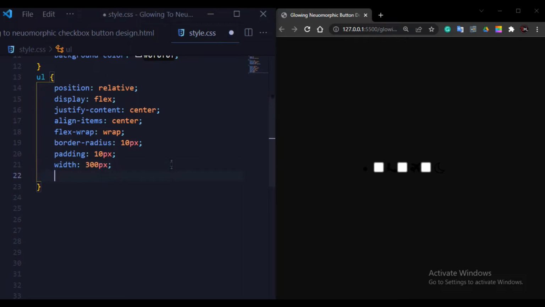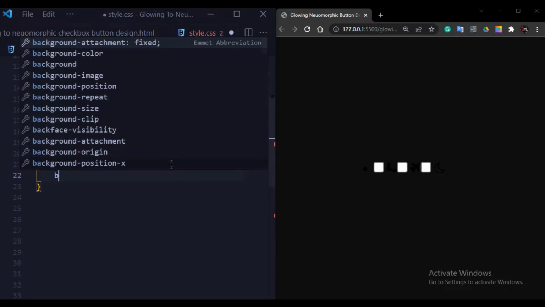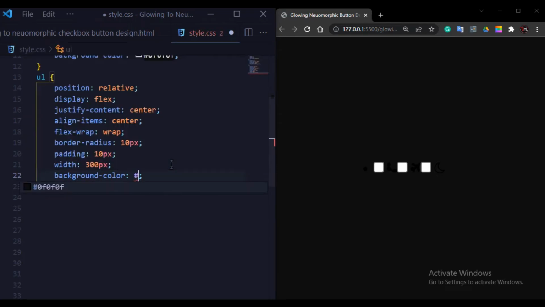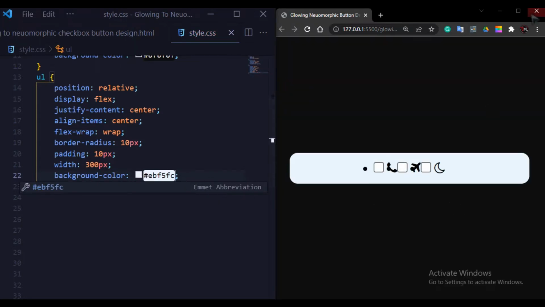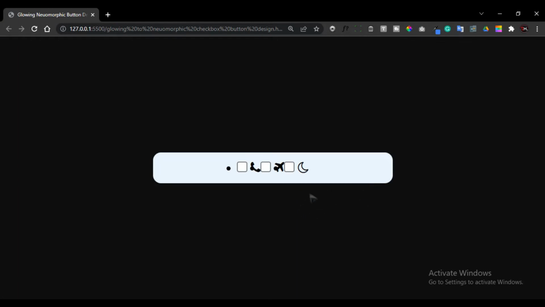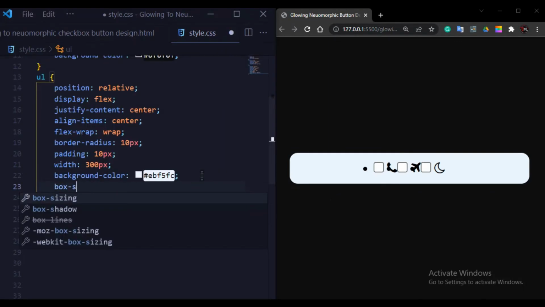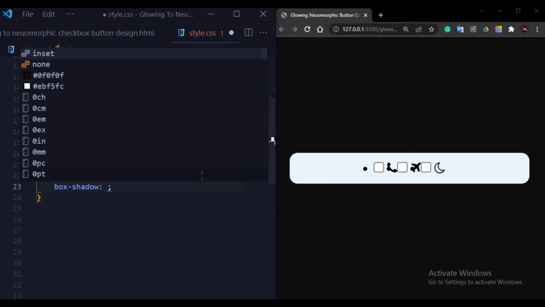Now I will give the background color. I will write here hashtag EBF5FC. Now I will save the file. As you can see here, the background color is set. Now I will give some box shadow here to make this more attractive and more beautiful.